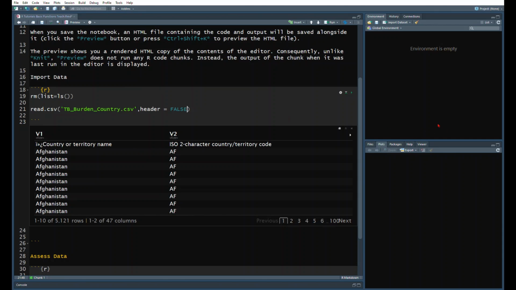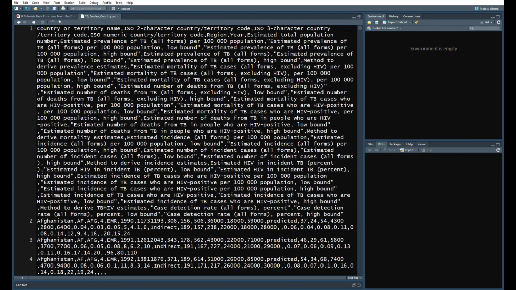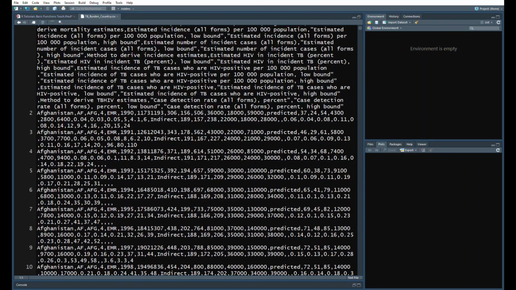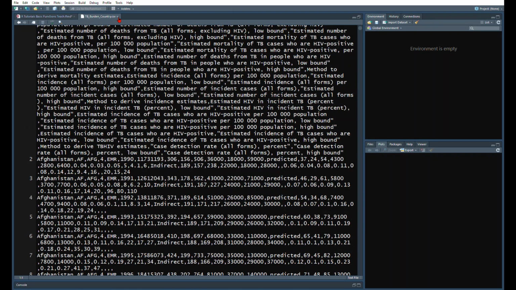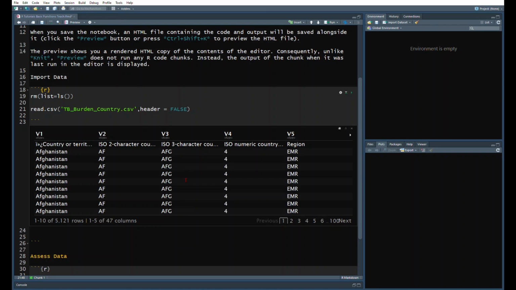Let's check what the file says here. Let's open the file and see what's inside it. It's not clear what's inside it. But anyways,